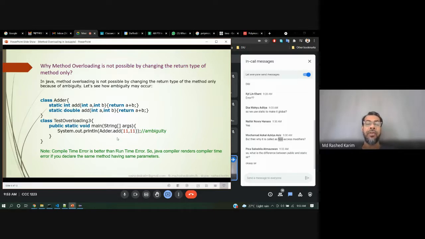It's an ambiguity. So you cannot use a different return type for method overloading. Method overloading can be used only for a different number of parameters as well as different types of parameters.